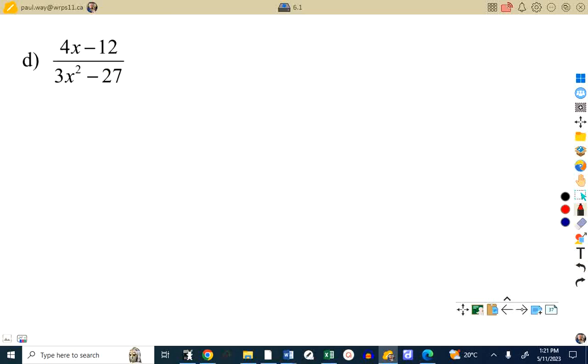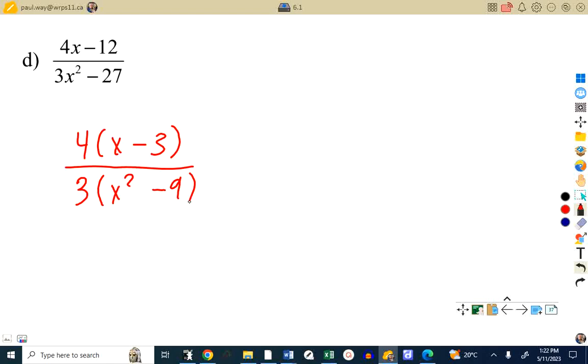Take a minute and look at this one, D, and ask yourself, what do we have to do here that we didn't have to do in A, B, or C? Factor. That's right. I like that you did this. Factor. You have to break it apart into pieces so you can see the pieces that cancel. Common factor in the numerator of 4. Denominator common factor of 3,